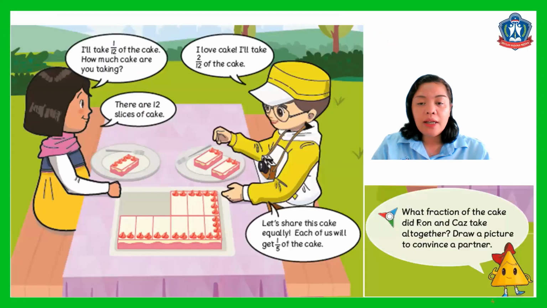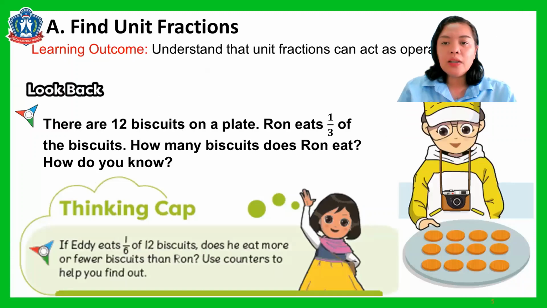Come on, let's start. I have here a picture of Ron and Kaz. They have one piece of cake. Kaz takes one slice, or one out of 12, and Ron takes two out of 12, or two slices of cake. Ron said that they were going to share this cake equally. So, what fraction of the cake did Ron and Kaz take all together? Before, do you know the answer? Will you please share that during our class? Okay, let's start